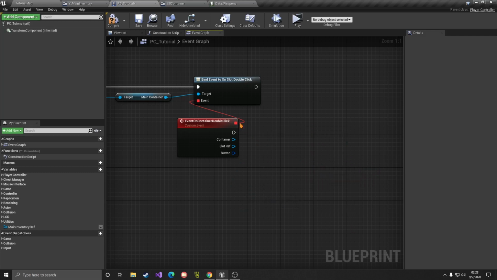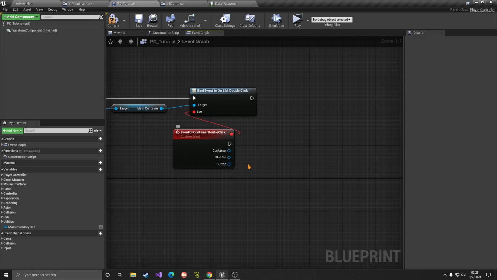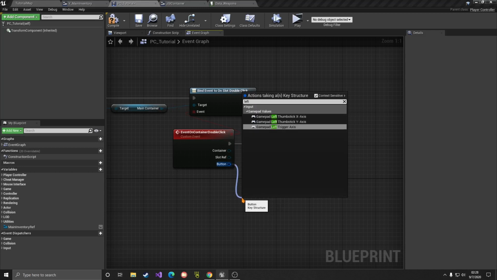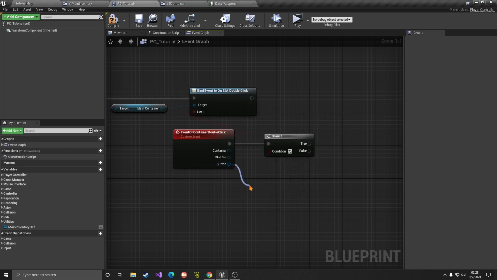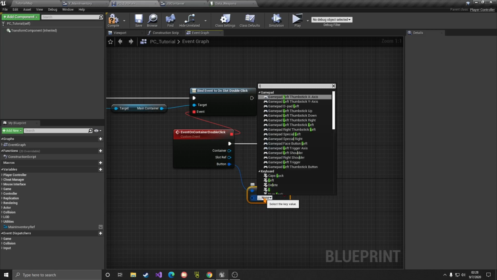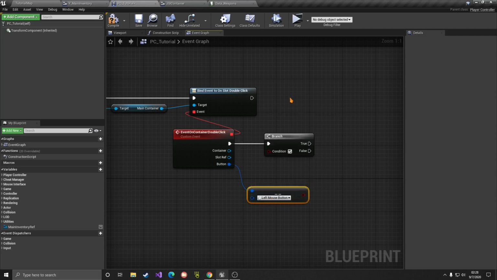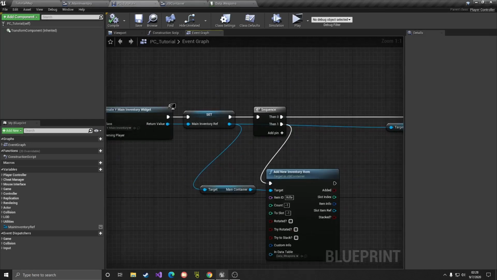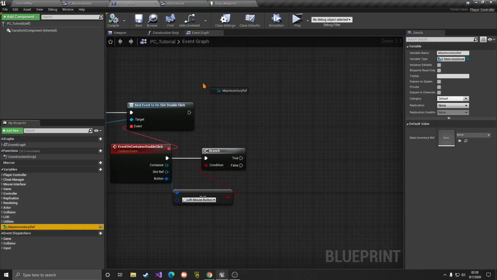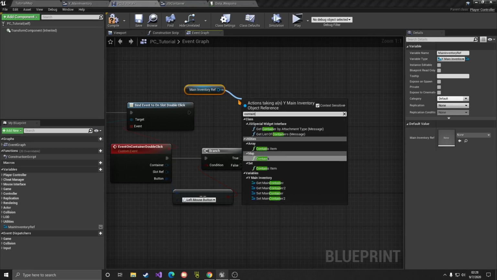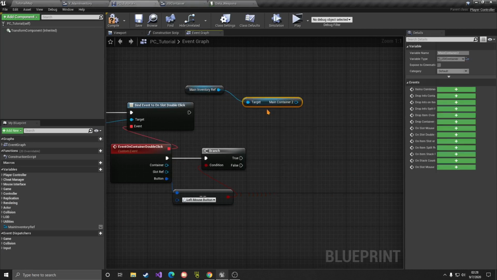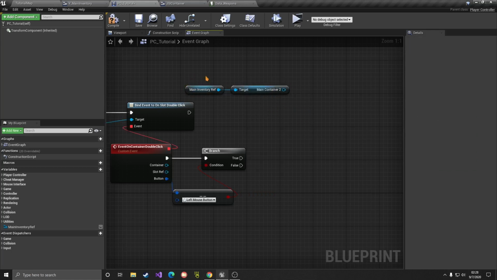So what we can do here is check the button. We can say, okay, if I double click with the left mouse button, I can say equal to the left mouse button. So if I double click with the middle mouse button or something, nothing is going to happen because I only care about the left mouse button right now. If I double clicked with the left mouse button, then I can take the container number 2. So I get my reference from here, look for container 2, and then do, okay,